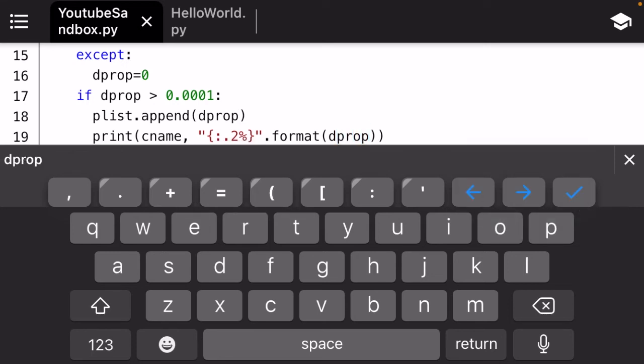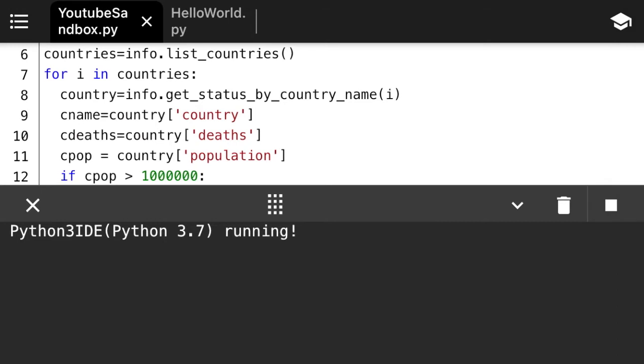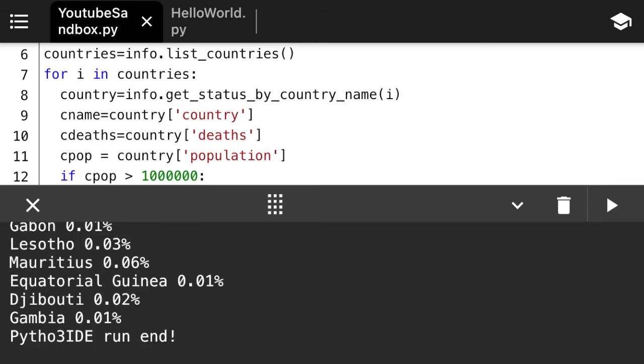What this does is, instead of giving us this big long decimal, it's going to give us a percentage rounded to the nearest hundredth of a percent. It's just a lot easier to look at. Okay, all of that has been done. And now if I run it, which I will do, mostly to make sure we didn't have any mistakes, it's going to give us a list of all the countries that fit our criteria, with the death percentage